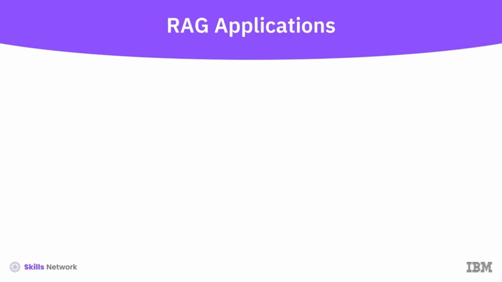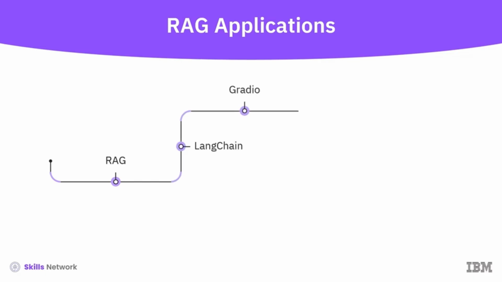In the second course, you'll be introduced to the key components of Retrieval-Augmented Generation, or RAG. You'll also learn how to implement RAG using LangChain. This course also introduces you to Gradio, helping you set up an interface to interact with AI models. Finally, you'll work with Llama Index as an alternative to LangChain, gaining hands-on experience building a bot with Llama Index